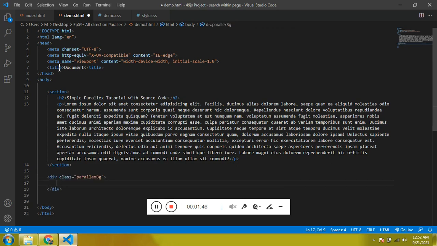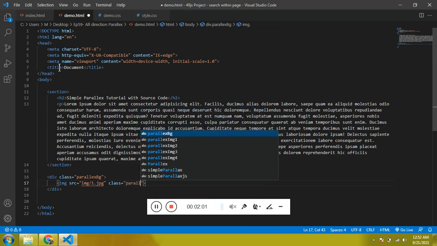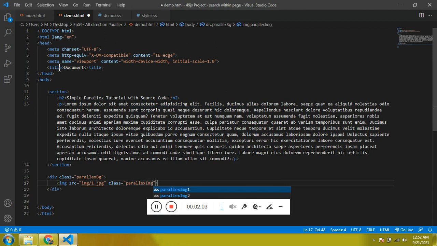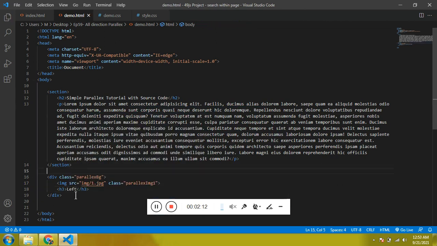Now the parallax section: a div with class parallax-bg, and then we have an image, and I have placed 4 images downloaded from pexels.com. I'll leave the link in the description. Just start with it, and I need a class parallax-image-1. Now an h3, and let's name this as left. Cool.